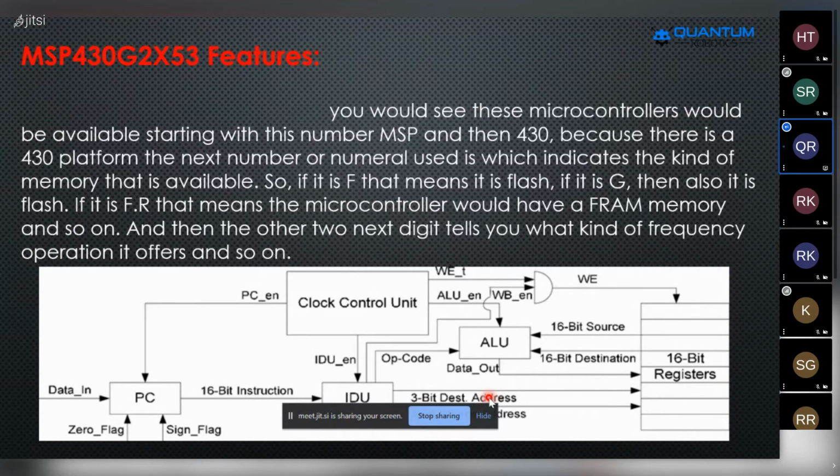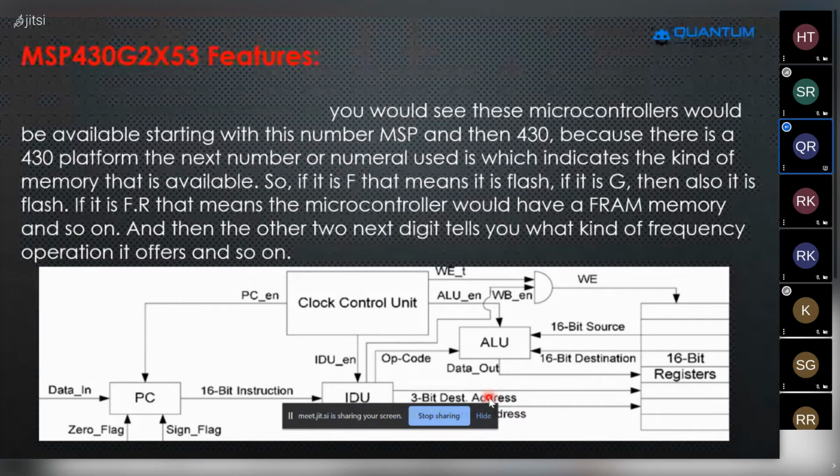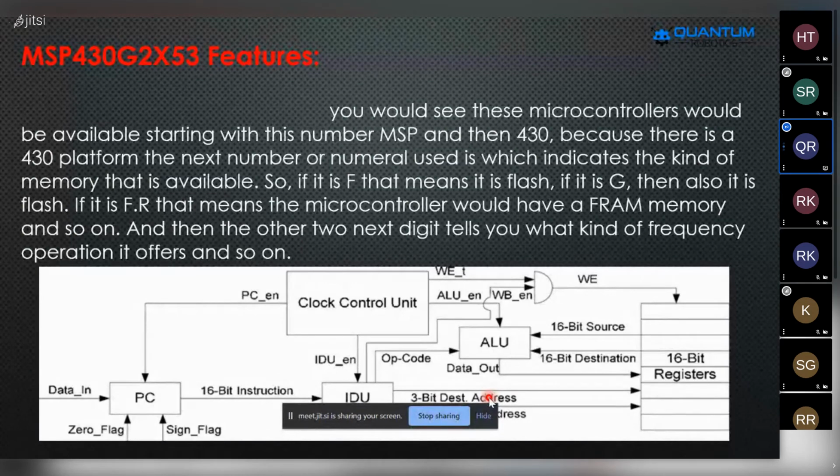If it is FR, that means the microcontroller would have FRAM memory. Flash RAM memory means erasable memory, like the flash memory, and so on.